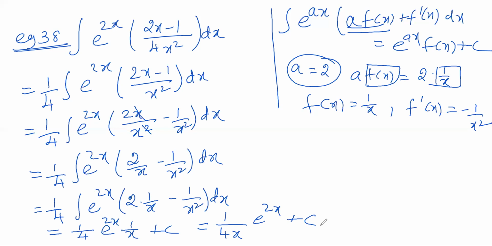Did we understand? Yes, we are splitting here. So in this place we can easily simplify. We can easily split into terms without using partial fraction. That's why we are doing it in this method. If we want, we'll go for partial fraction. So with this, example 37 is over.